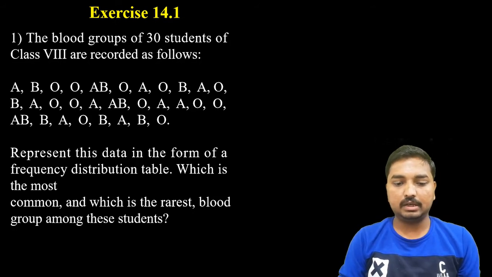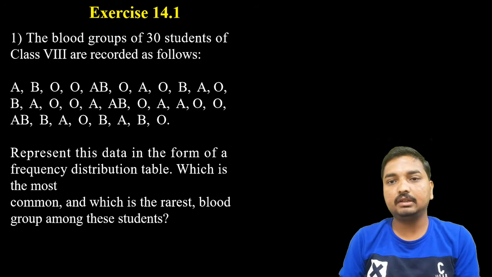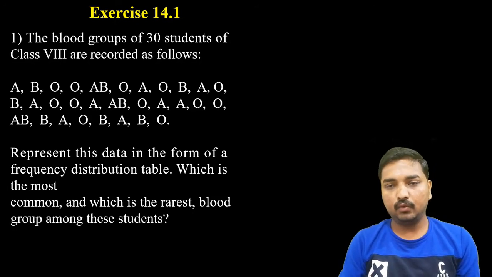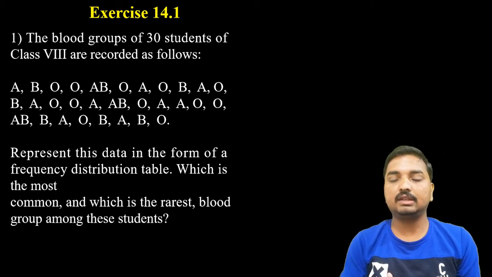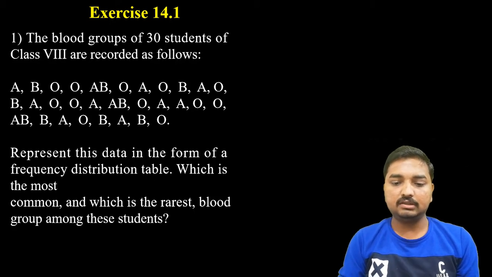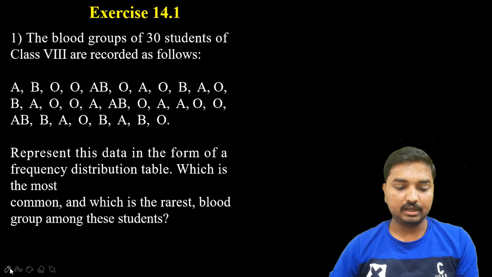Now let us look here. Blood groups, you have learned this already in the subject biology. There are only 4 blood groups: A, B, AB, O. Here it is not given whether it is negative or positive, so I'm going to take it as positive. All are positive blood groups, so only 4 possibilities are there. But 2 or more persons can have the same blood group. Definitely it is possible.